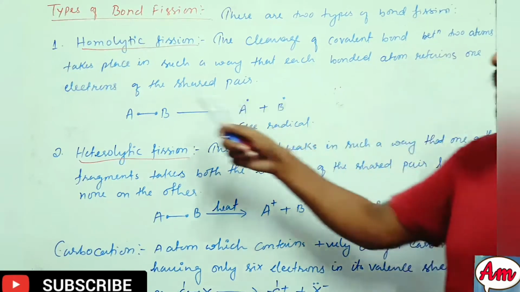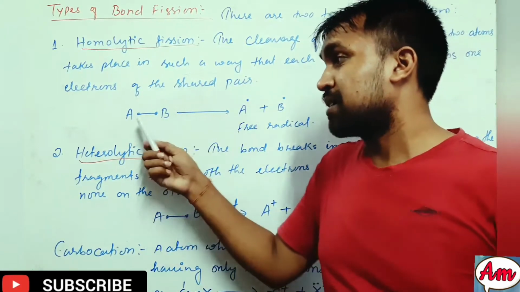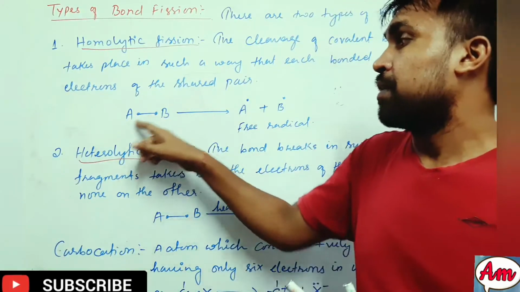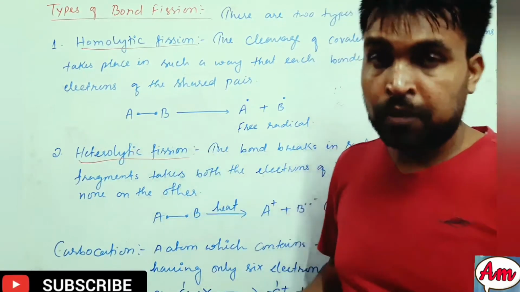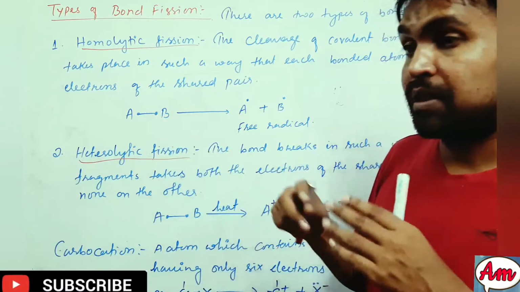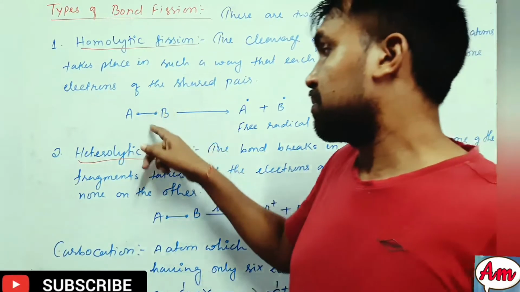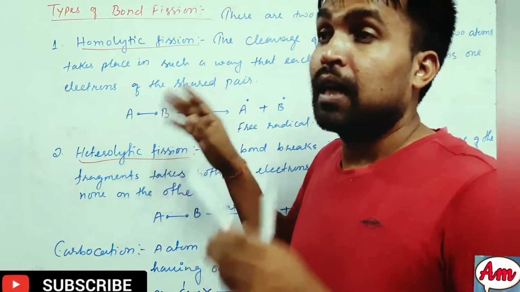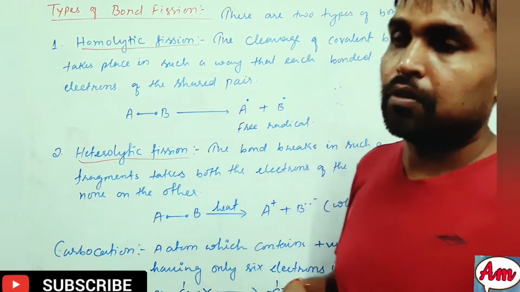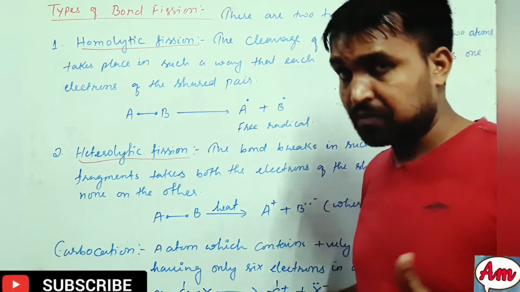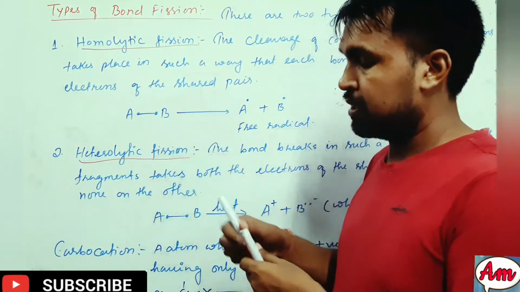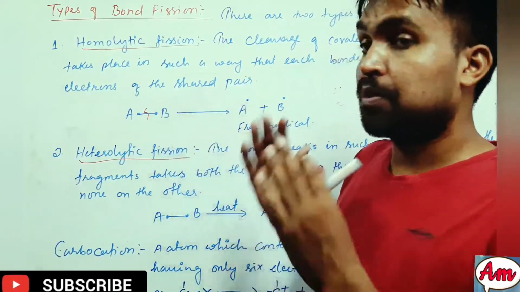Each bonded atom retains one electron of the shared pair. Just imagine A and B, two atoms, which have formed a single covalent bond between them. This bond is made up of two electrons, as you can see, there are two dots. When this bond is broken, since both have equal power, that is equal electronegativity, what electronegativity is we will study in chapter number 4. When the bond is cleaved, cleavage means breaking of a bond,